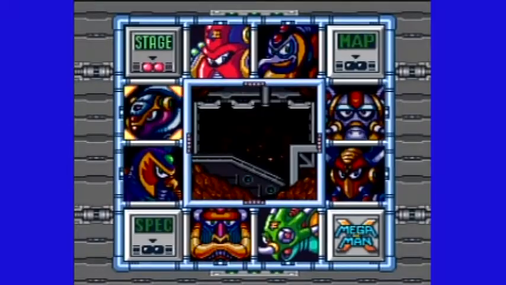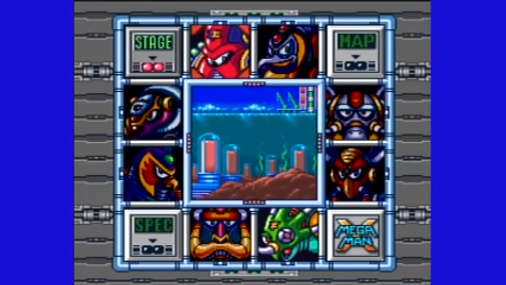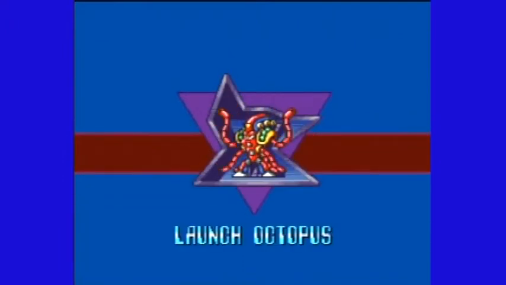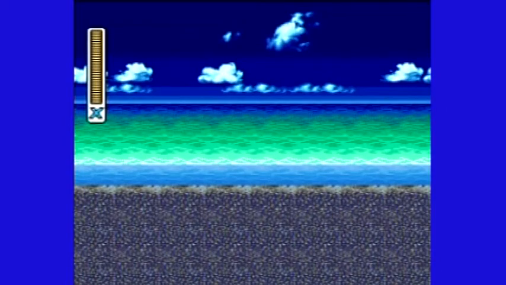But in any case, now we have to go up to this guy over here, up at the top, the one that the game tries to default to. It's kind of jerkish if you rapid fire the button and go to this guy first, because this guy is actually really rough if you fight him first. I have done it before. I have beaten him as the first one before, but Launch Octopus is definitely one that